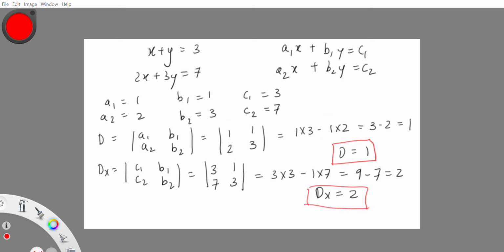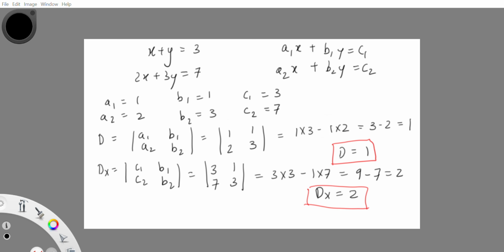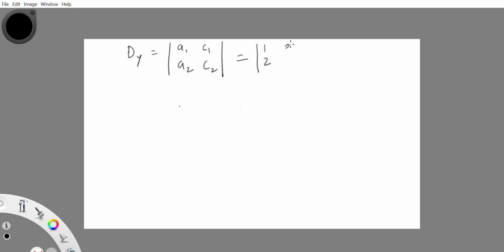Now once I get this value, I'll find out dy. So I have dy is equal to a1, a2, c1, c2. The value for a1 is 1, a2 is 2, c1 is 3, c2 is 7. So this is equal to 1 times 7 minus 3 times 2, which is equal to 7 minus 6, which is equal to 1. Therefore, for x, I have dx divided by D,